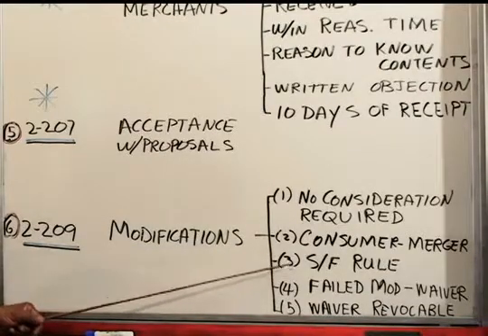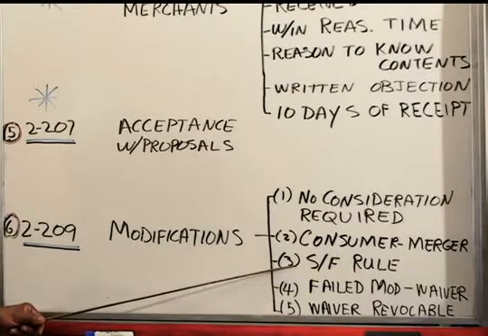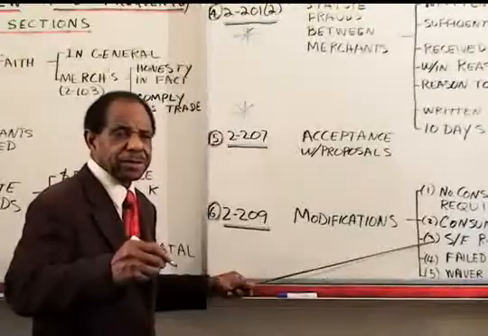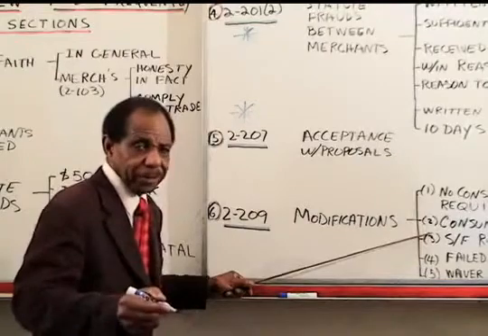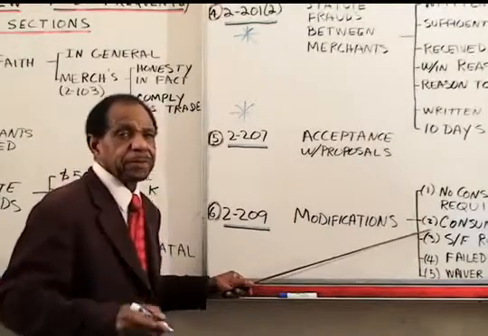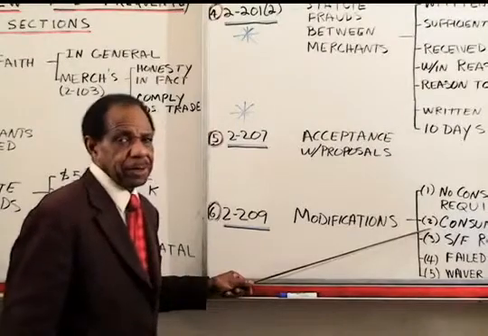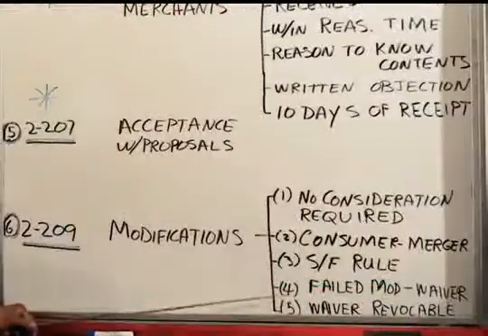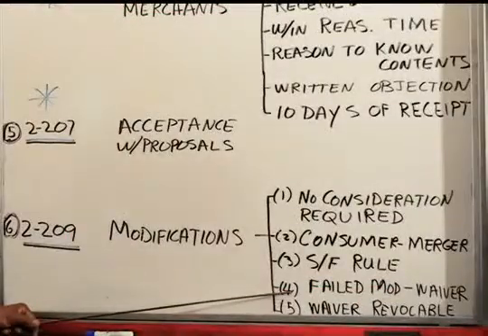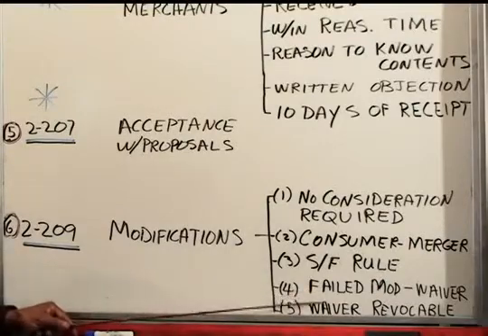Thirdly, the statute of frauds rule for modifications is that if the contract as modified, after the modification has been put into effect, ends up being for the sale of goods for the price of $500 or more, then the modification needs to be in writing. That's 2-209 subsection 3. 2-209 subsection 4 says that even if a modification failed, an attempted modification failed because, for